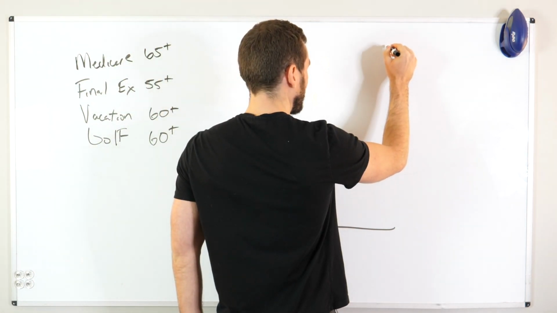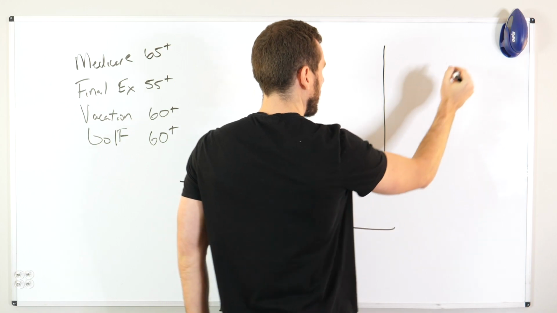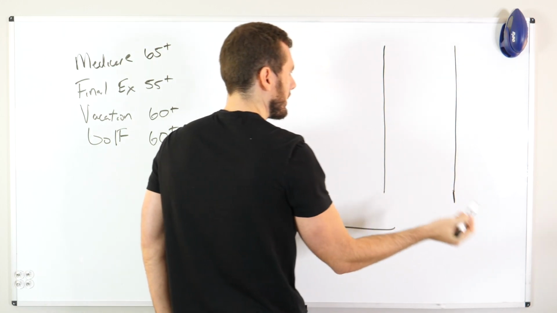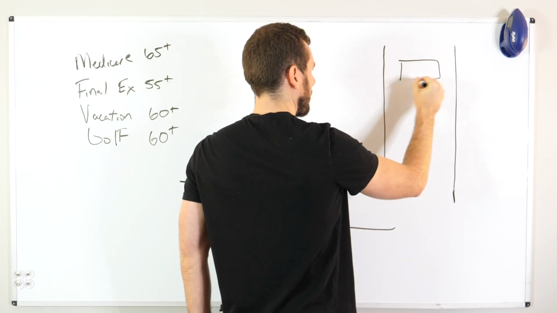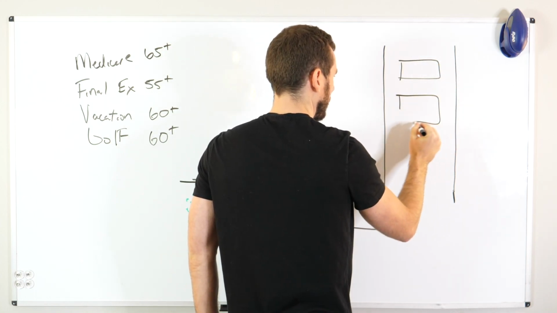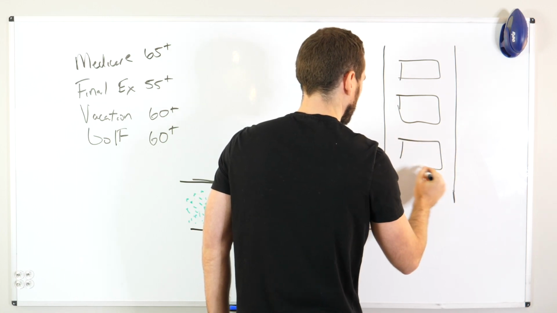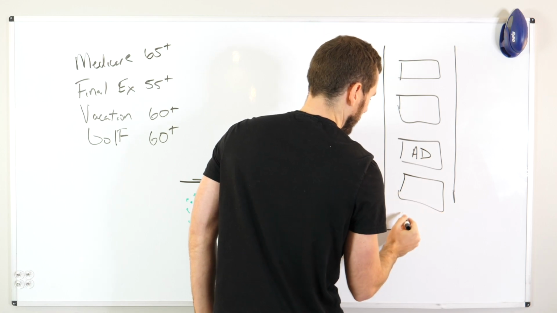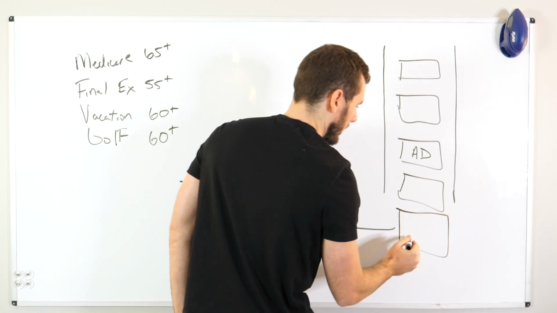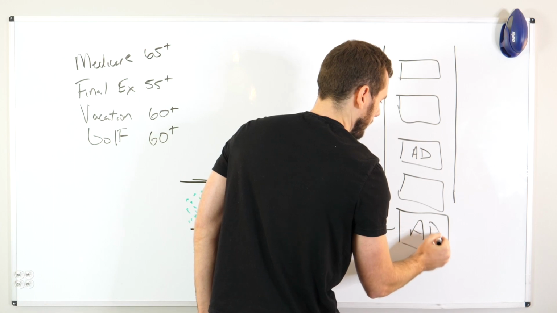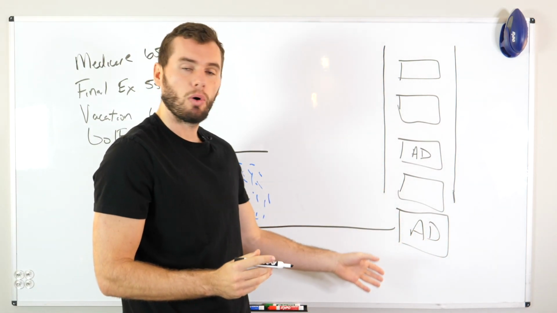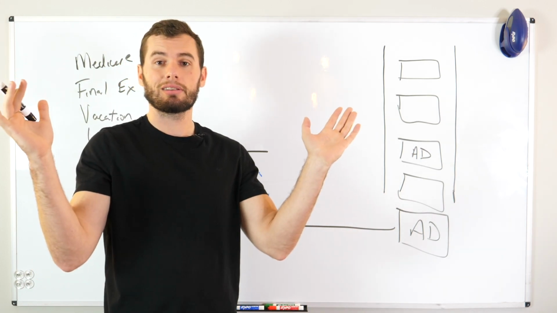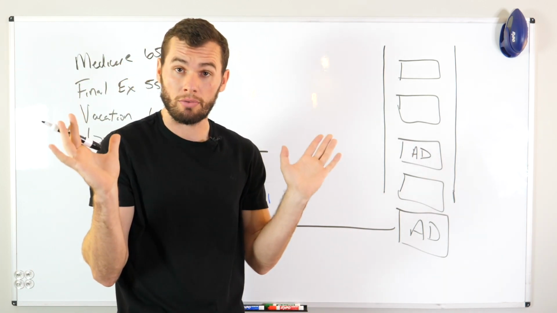And what space in the newsfeed looks like, let's go ahead and create our newsfeed over here. This is our newsfeed. So what you see inside of your newsfeed, you're going to see a post from Grandma. You're going to see a post from Grandpa. You're going to see an ad. And this is going to go on forever. Literally forever. You could scroll for eternity and you would just keep finding things. You would just continue to find different advertisements, different pictures. It's endless. It just goes on forever.